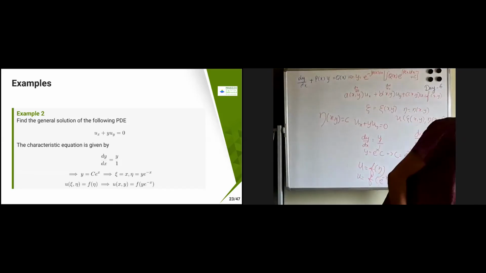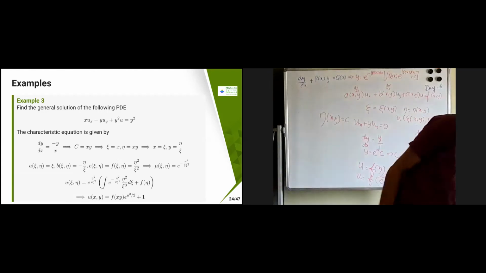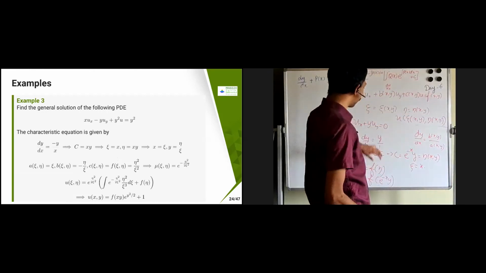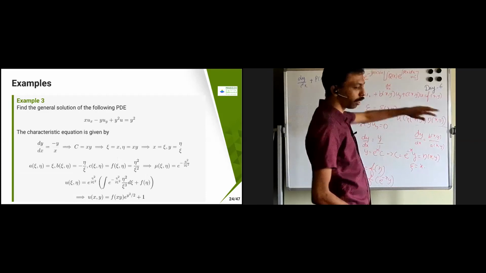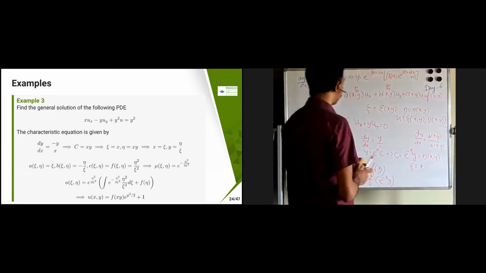Almost all the problems in your assignments you can solve in the same way. Now let's go to one more problem. This is for the first case, the homogeneous equation. This is a non-homogeneous equation with extra conditions. So again the same kind of setup. What do we need to do?